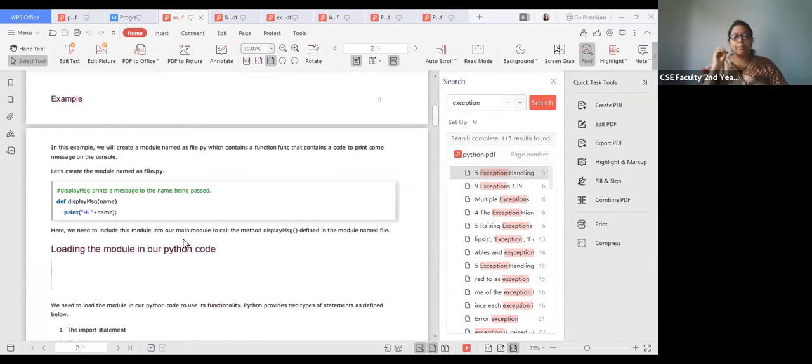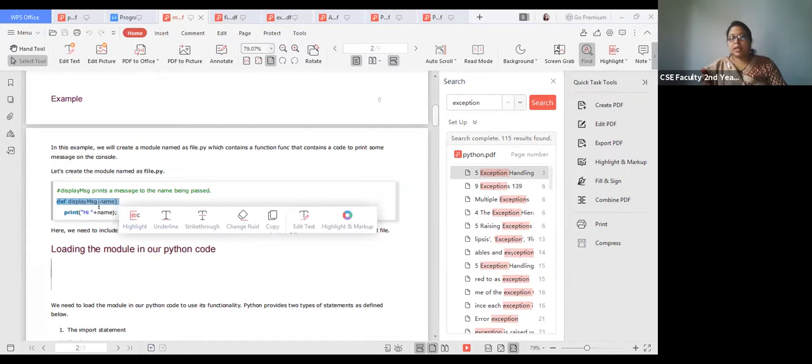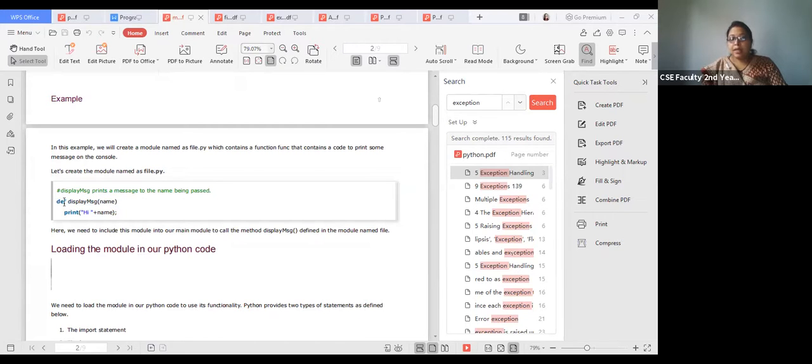Module here in Python. Python is a very simple language. How will we create a module? A module here means the Python file name. Suppose you can see this one: display message, print a message to the name being passed. In the second line, they have created def.